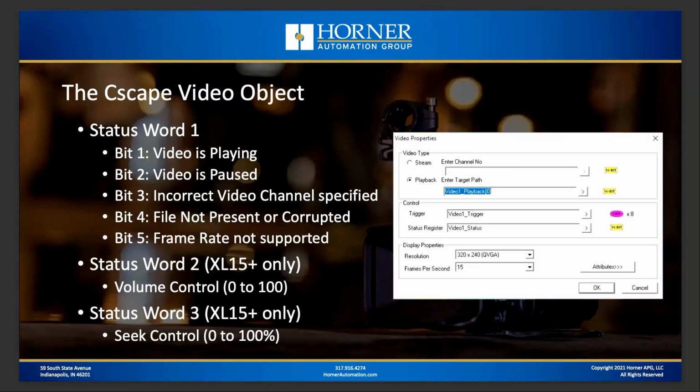Now, in addition to control through the control register, you've also got status available. For the XL series as well as the X5, the status is basically 1 word worth of information. And that 1 word provides the ability to tell you as a system designer that the video is playing, the video is paused, that the incorrect video channel was specified. When we talk a little bit more about USB video, you'll see what we mean there. Also, if the file is not present or happens to be corrupted for some reason, you'll get feedback in the video playback scenario. And then if the video that you've put on the particular micro SD card to be played back by the OCS, if that frame rate is not supported by the OCS, then you'll get an error with